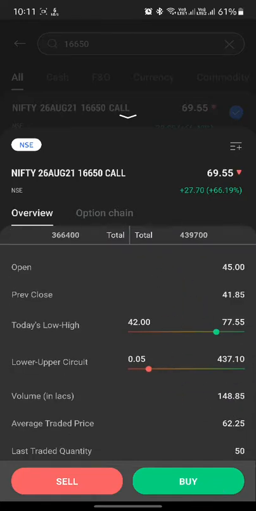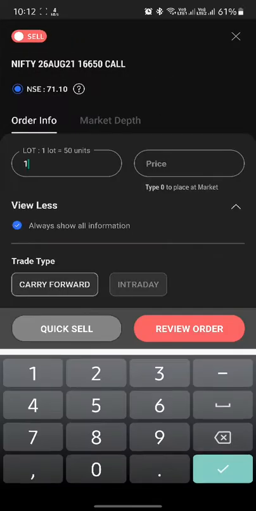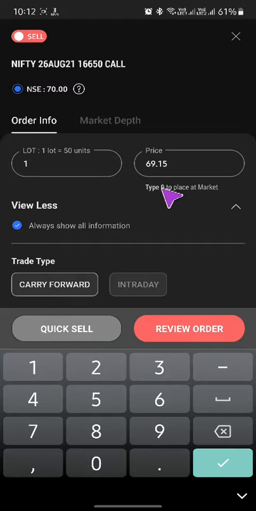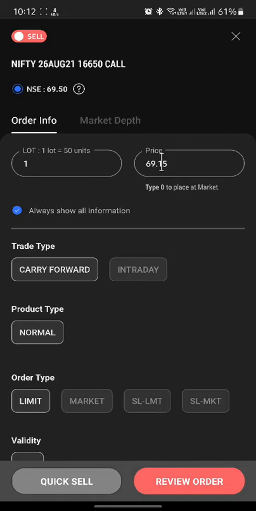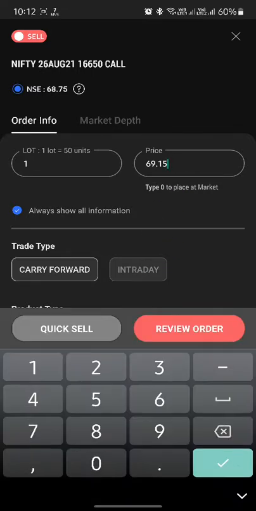And if I press buy or sell, then the trade form will open. Now here by default they are giving some settings. I'm unable to change these default settings, by the way. And for example, if I am taking it in intraday, this price will become zero automatically.